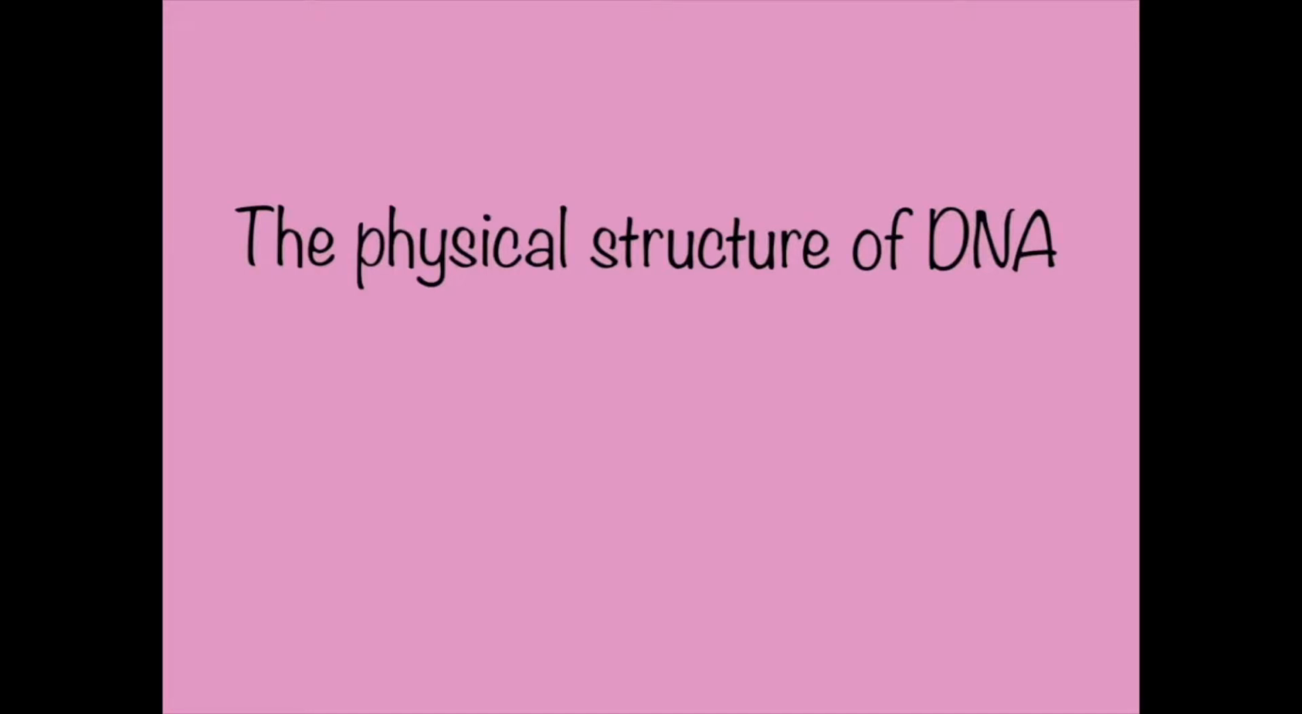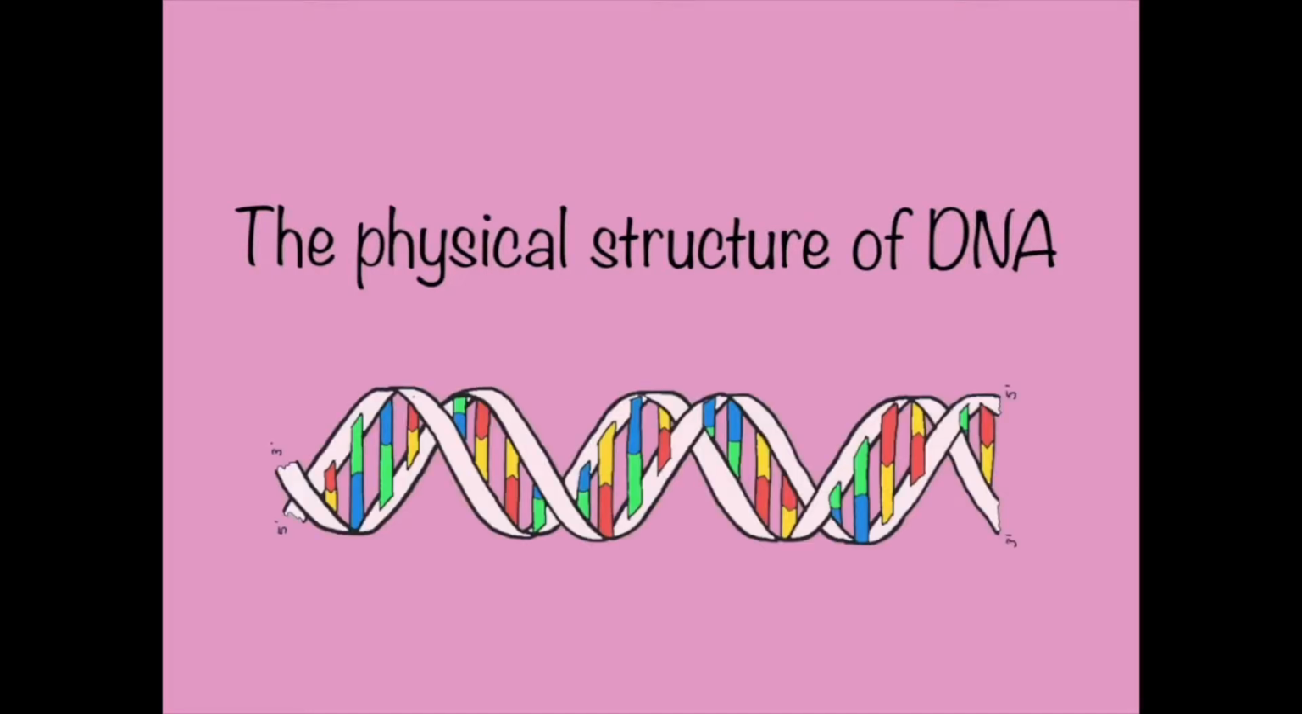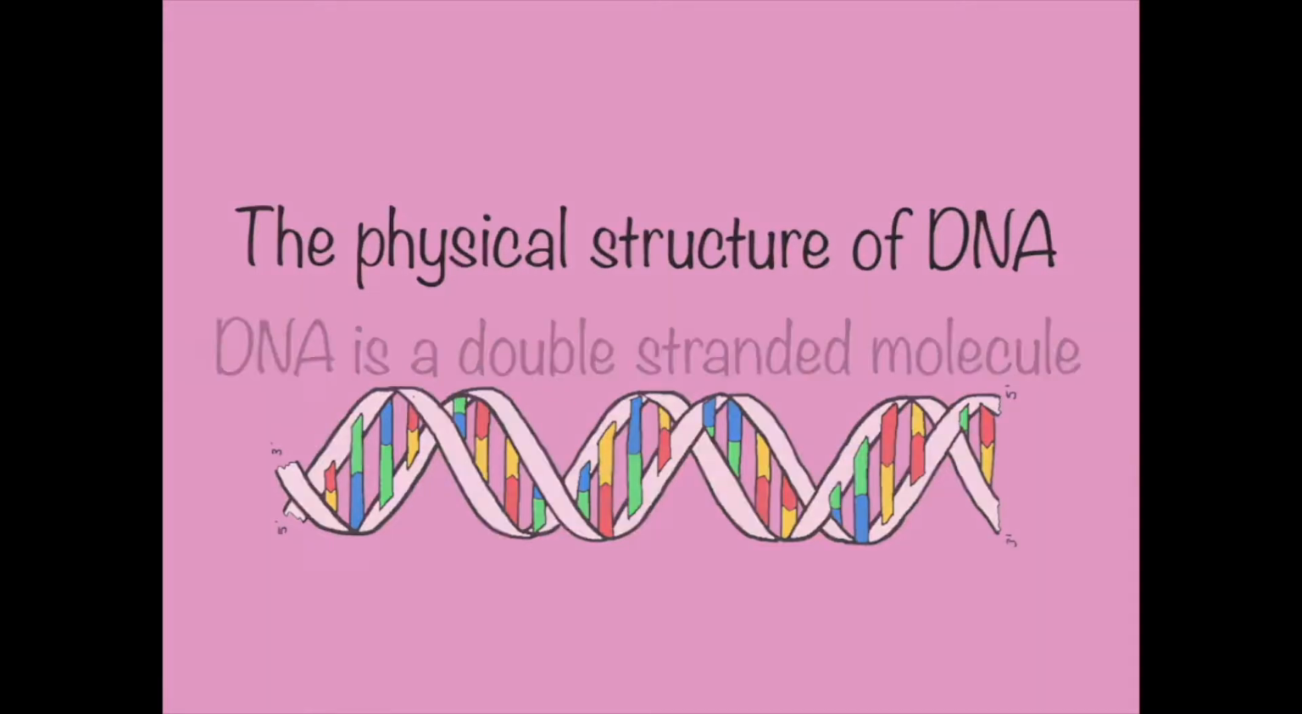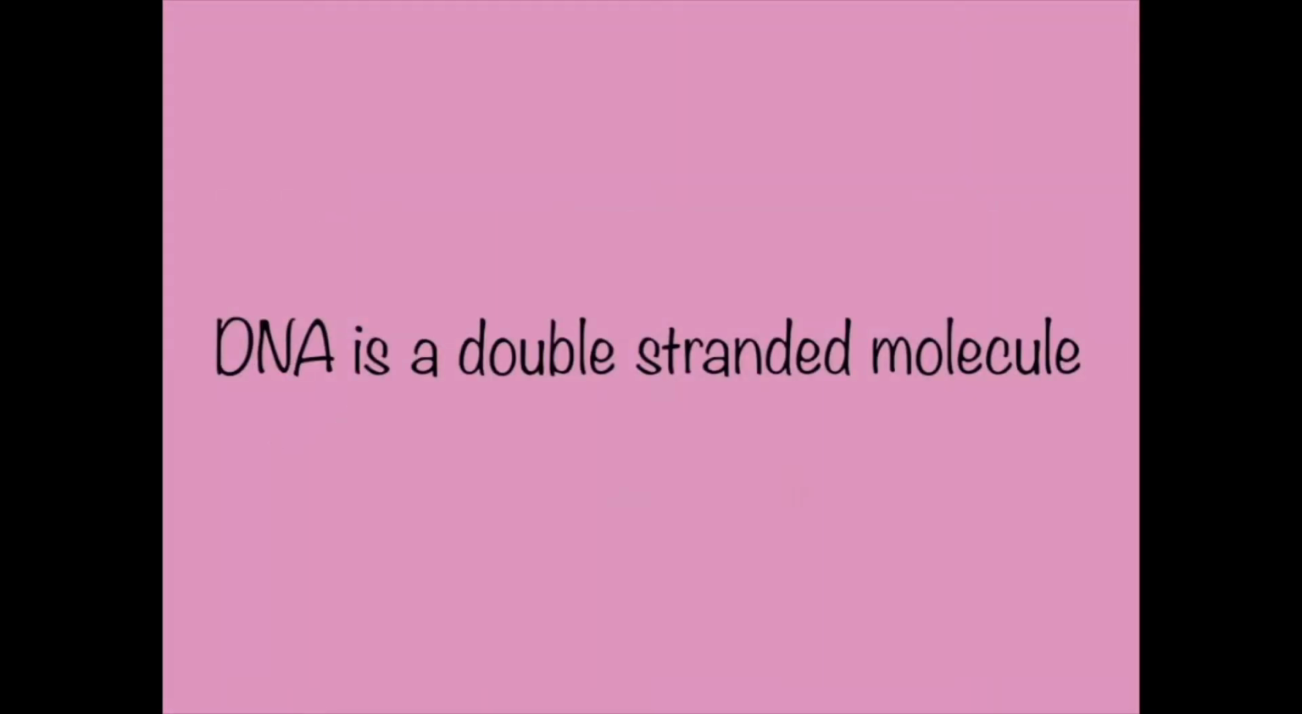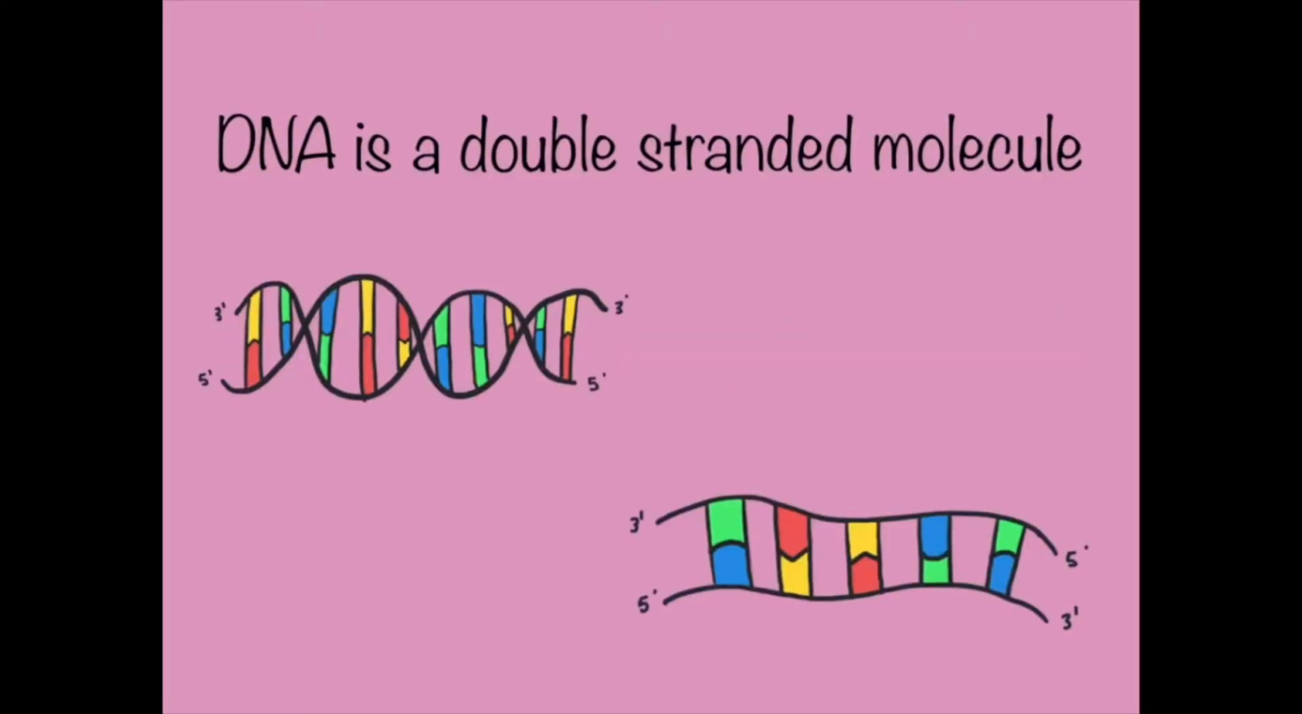So now we're going to look at the physical structure of deoxyribonucleic acid, better known as DNA. DNA is, as we have just seen, a double-stranded molecule, from which all the information that is used to make us who we are comes from. Now, to really see how the structure of DNA is constructed, we need to unwind the two strands of DNA